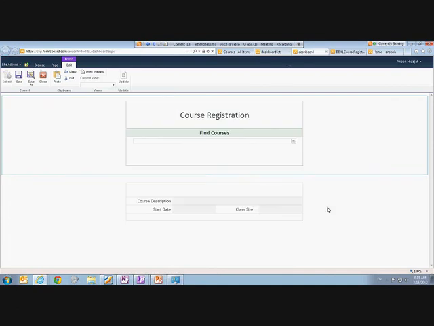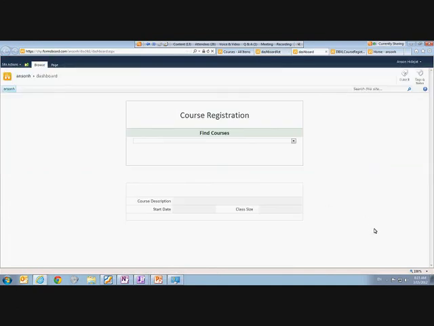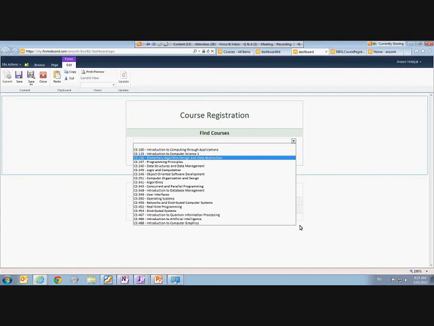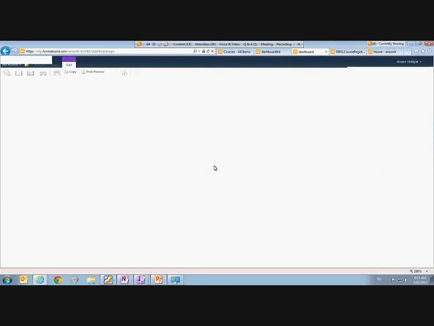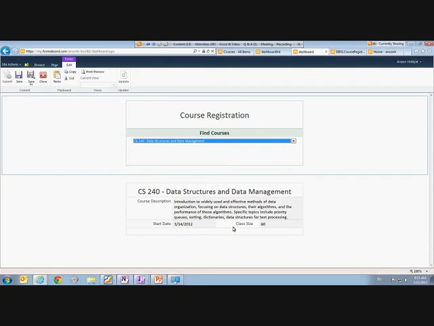So the second one that I have here is a similar concept, except this time it's using an InfoPath form web part to another InfoPath form web part. This one's also fairly simple. I have a drop-down list here, and the drop-down has a secondary data connection to the list with all my courses in it. So all the courses appear in my drop-down here. And then if I select a particular course, it's going to send data to this other web part. And again, it's using the same details form that I just showed you,